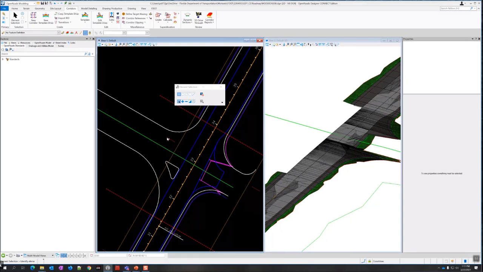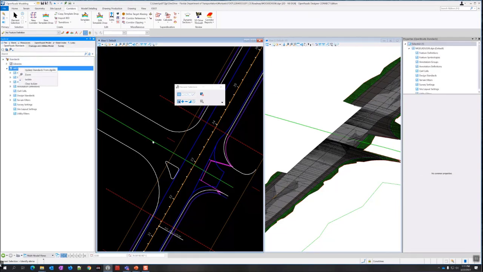For example, if I need to update the OpenRoad standards from the libraries, with this automatic quarter processing off, it's not going to automatically make any changes just by doing that. So that gives me the chance to update the standards and then go back and make the changes again to turn that create template geometry back on before anything gets automatically updated.